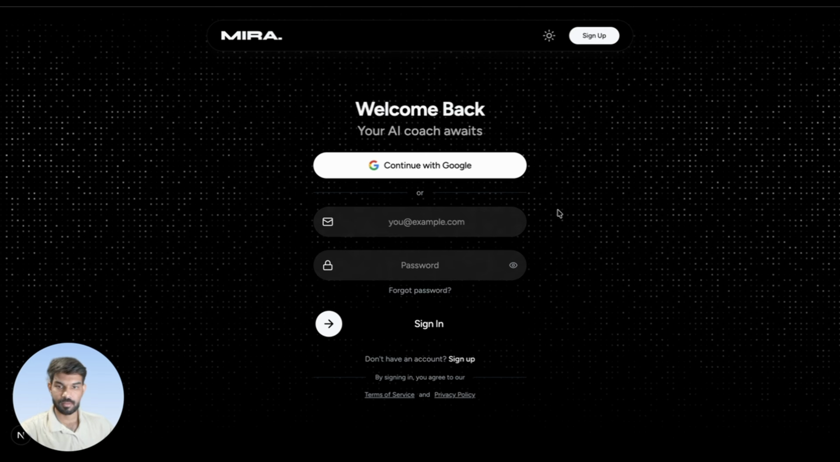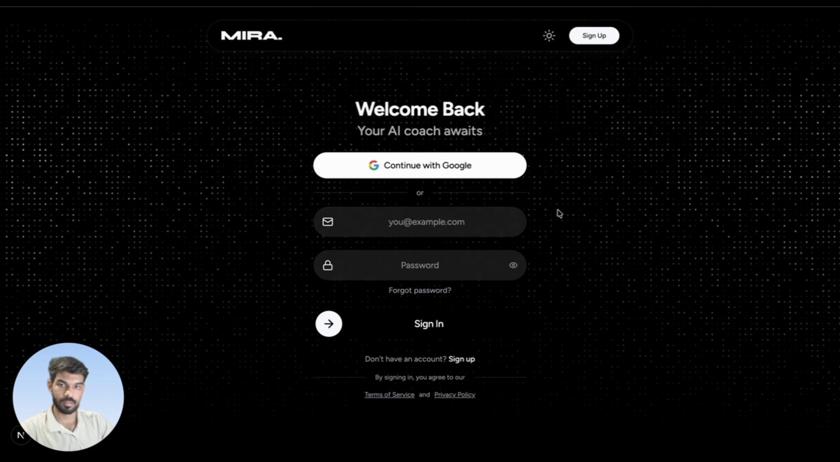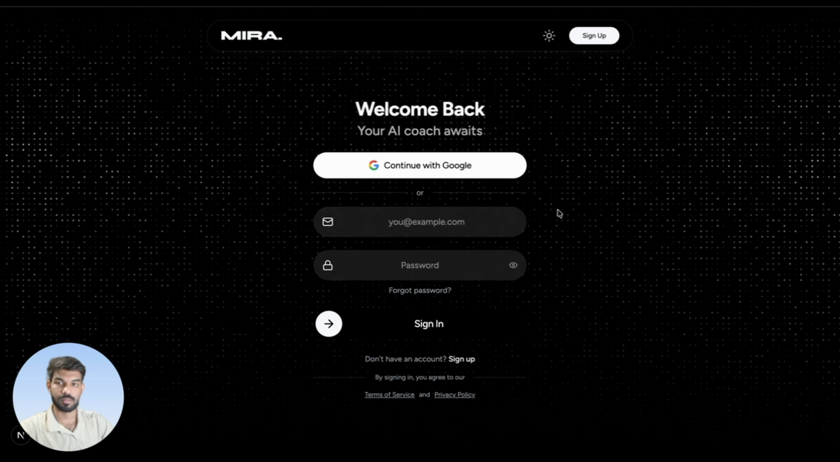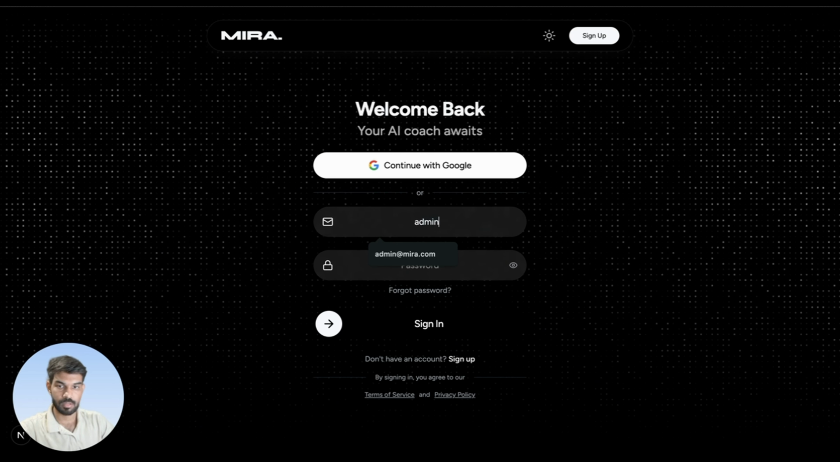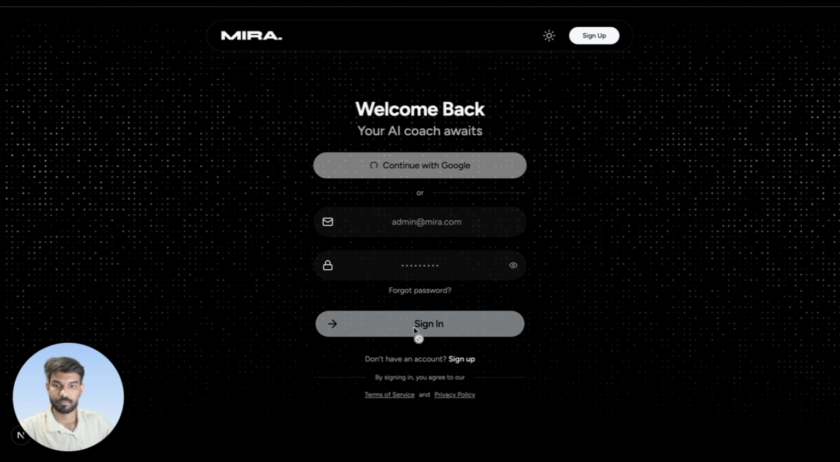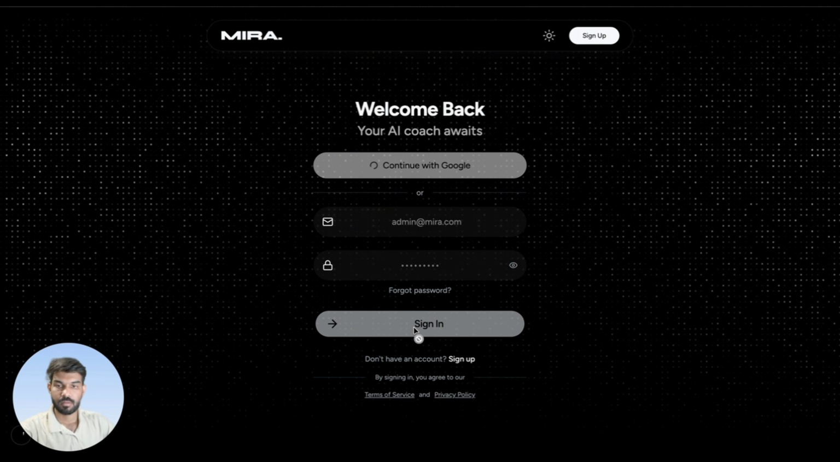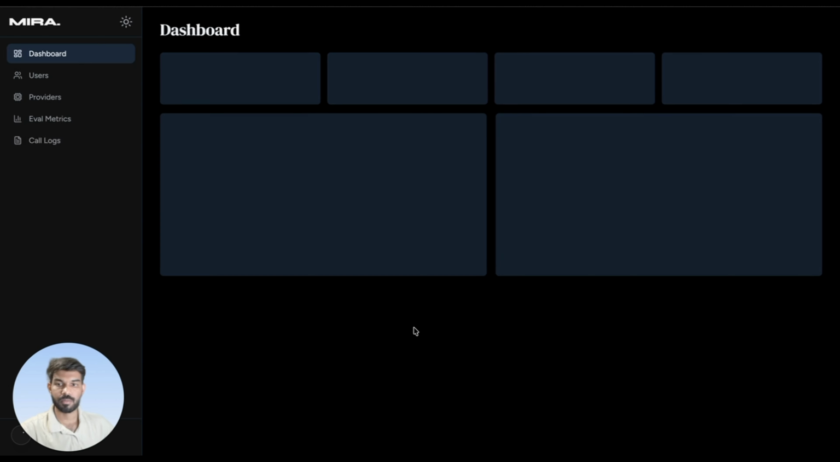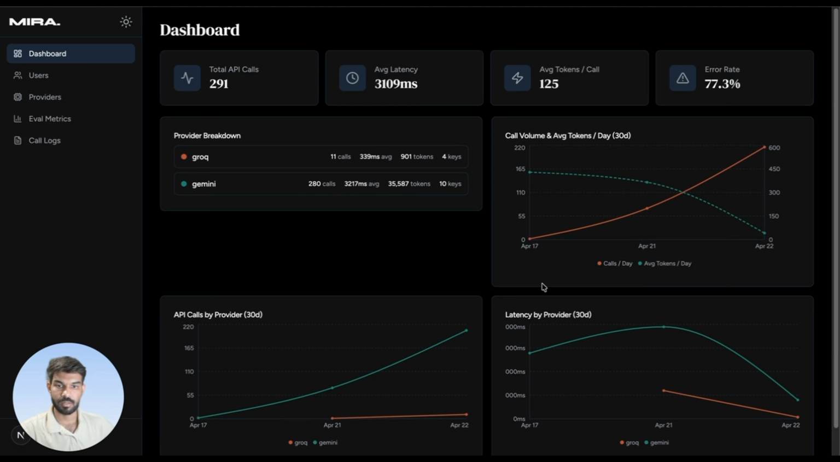We have another feature where we can log in as admin, and the admin can track the entire API calls. Let me log in as admin and show you. Once I log in as admin, the dashboard will show all the metrics related to the API calls and the providers. We have configured Groq and Gemini as 2 different providers, and you can see the number of calls made, the average time taken for each call, and the token usage for each call,